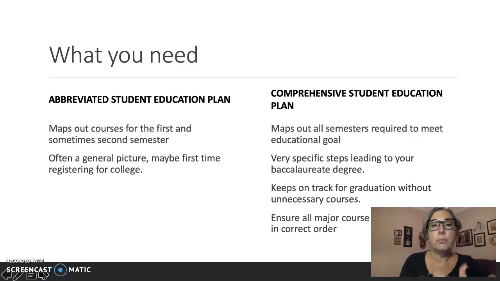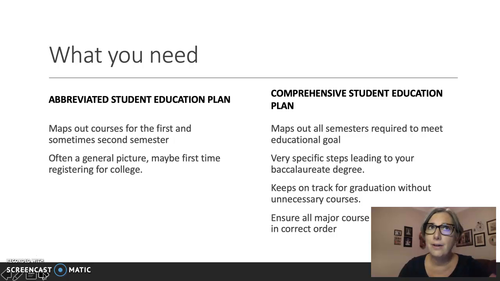First of all, an abbreviated ed plan, or just an ed plan, usually maps out your first semester, maybe your first or second. You might have had to do it to register, but it's not the big picture. It's just a general picture, generally your first time coming into college or your first time registering. For some of you, that might have been a really long time ago, and for some of you, that could have been just recently. But the difference between that and a comprehensive education plan is that a comprehensive education plan